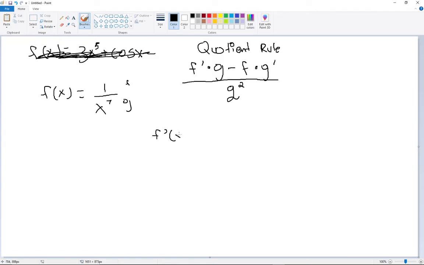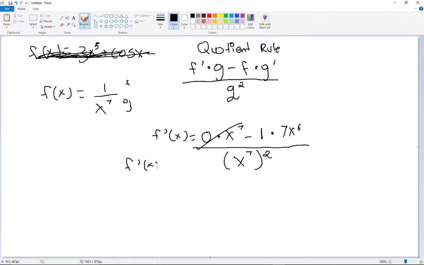So it's going to be f prime of x equals, since 1 is a constant, its derivative is 0, times the regular g, x to the 7, minus 1 times the derivative of x to the 7, that's 7x to the 6, all over g squared, that is x to the 7 squared. So 0 cancels out. f prime of x equals negative 7x to the 6 all over,